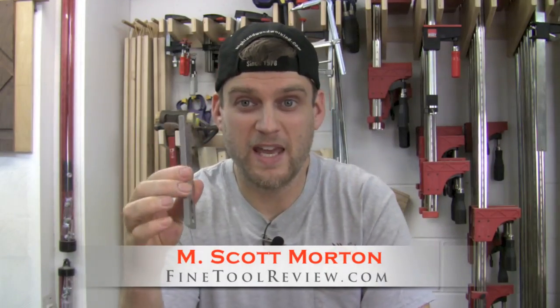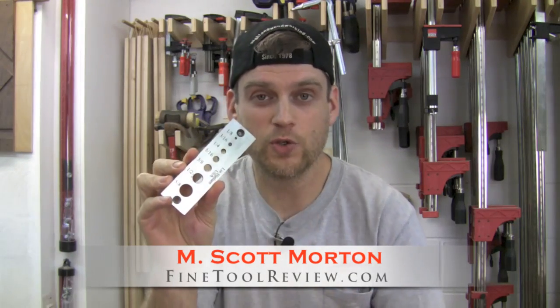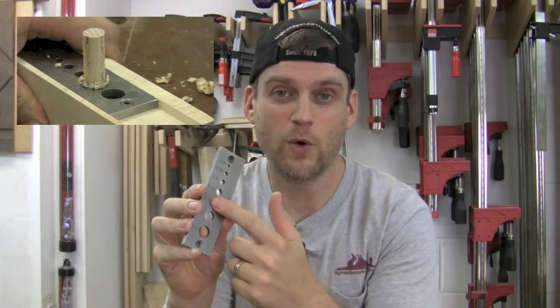So what is a doweling plate? Simply a hunk of steel with very particular size holes drilled in it used to make wooden dowels. This one from Lie-Nielsen is a hardened piece of steel with exact sizes drilled all the way down it. And you take a piece of wood that's slightly oversized and you bang it through these holes, and that makes